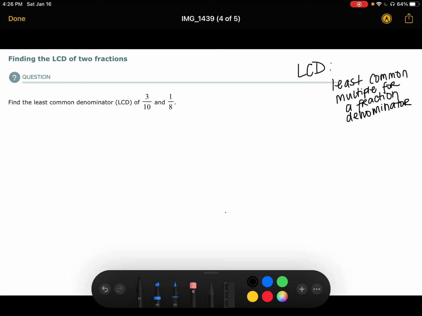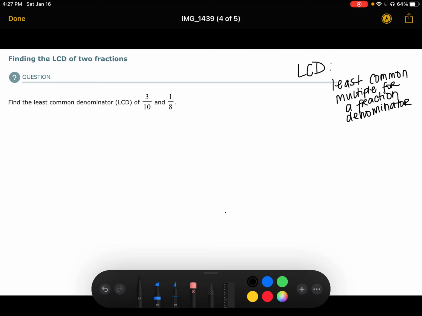So the question reads, find the least common denominator, LCD, of 3/10 and 1/8. So just a quick review, LCD, the least common denominator, is essentially just the least common multiple, but specifically for a fraction or denominator. So when you do this question, it's really important to remember that this is something that's specific to